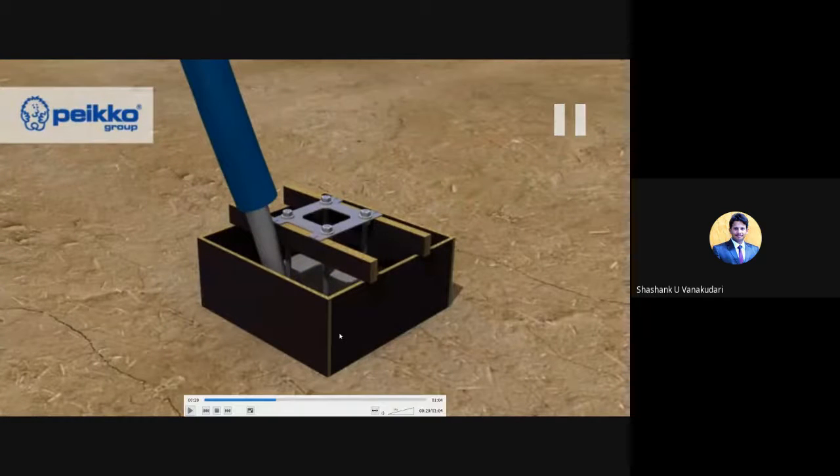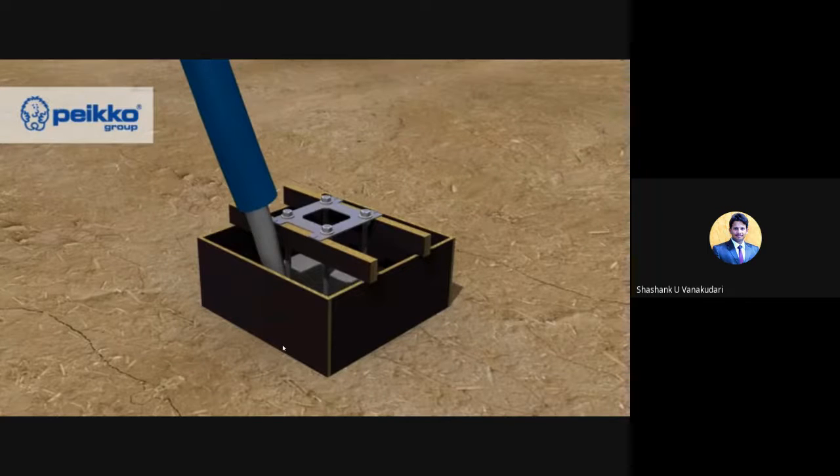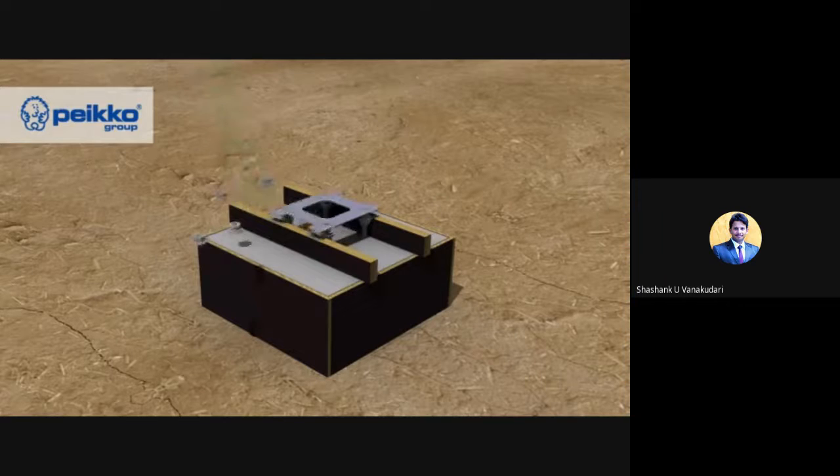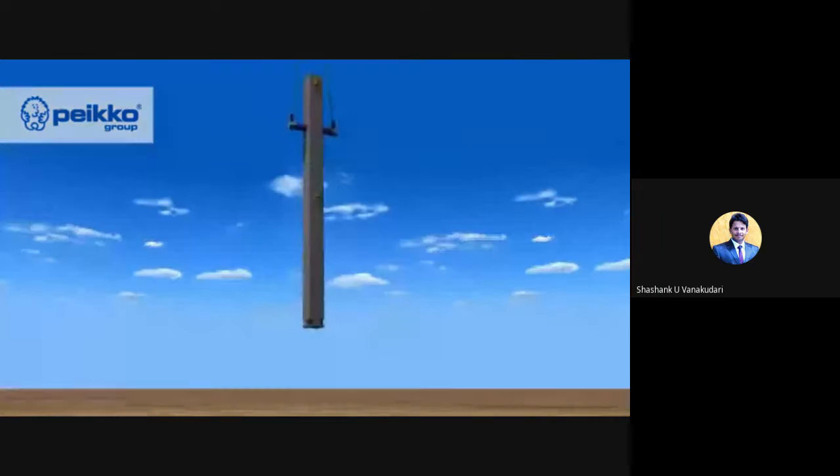First they check the hard strata. This is just an animated video, so you need to understand the concepts as clearly as possible. Not everything is possible as you see here; it's just an animation, so things will differ in reality. Think that this is the hard strata of the earth, and they install it as per the depth of the hard strata. Then they place this footing part, and on top of that they install the column sections.